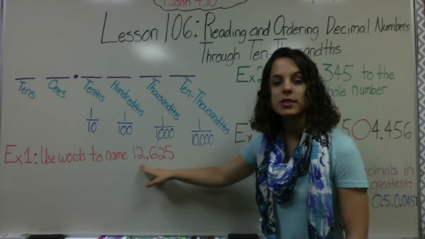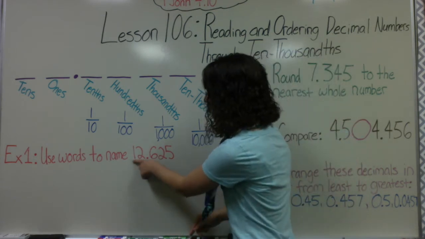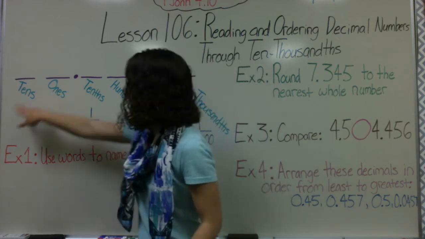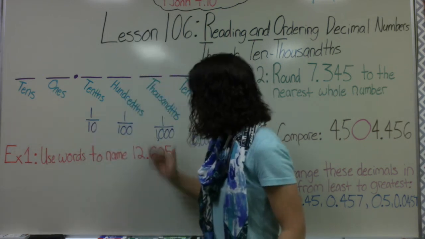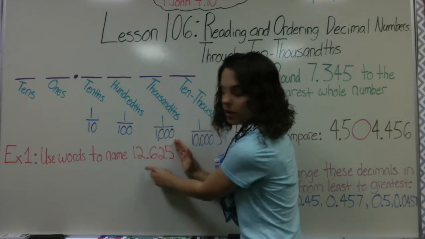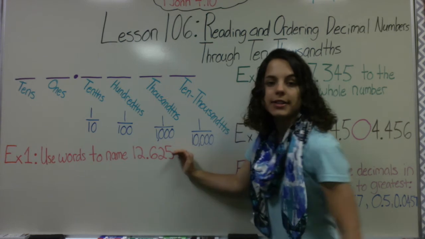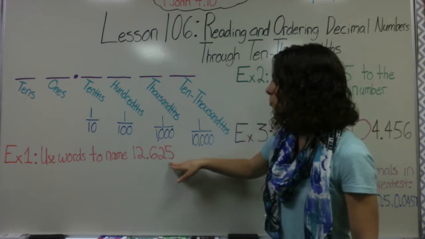Example 1 says use words to name this number. Now, whenever we read these numbers, remember, we have our decimal point. We're going to read the whole number part as a normal whole number, like our ones and tens place. We read this as 12. And we are going to read these digits as we normally would, 6-2-5,